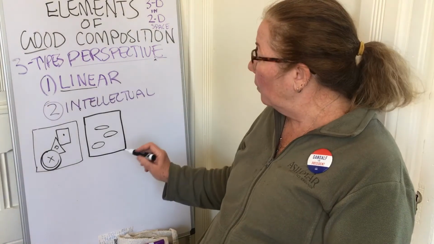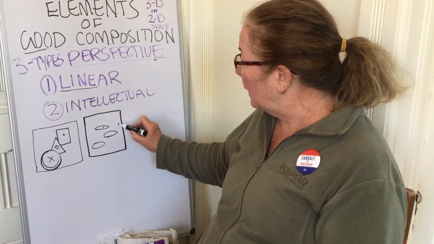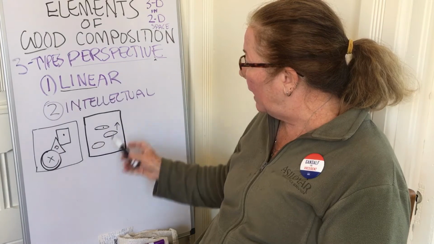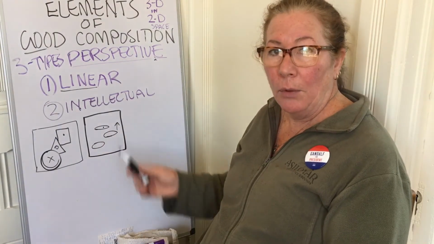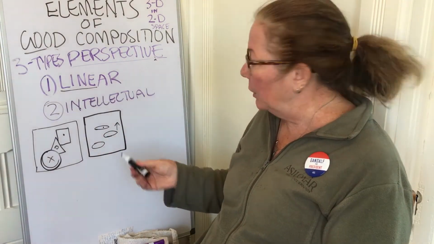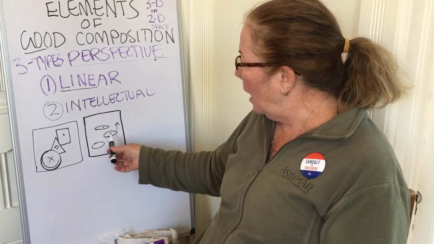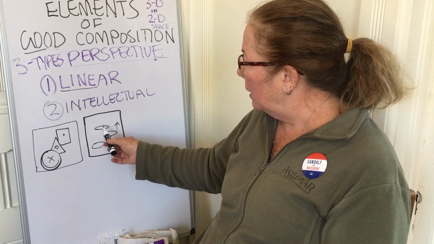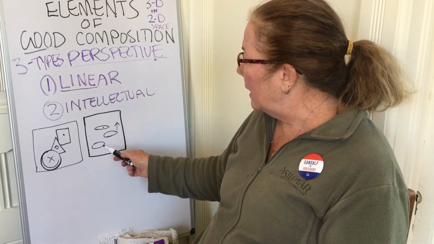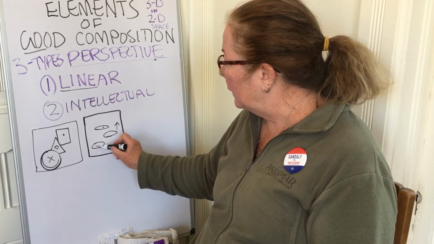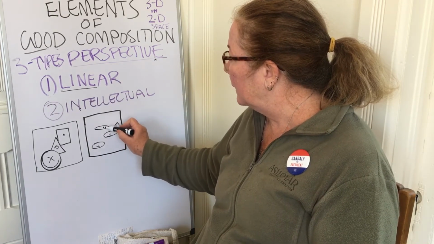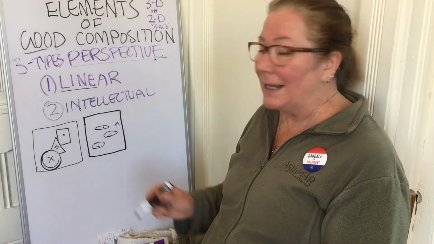Well, in general, we tend to say this one is, because the higher up it is, the further away it is, right? Our brain tells us that usually when we're looking at something, the higher up it is in our composition, the further away it is. So they would say this is closer, this is next, and then that's the furthest away, right? That's intellectual